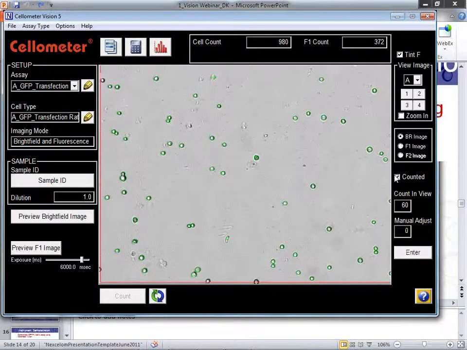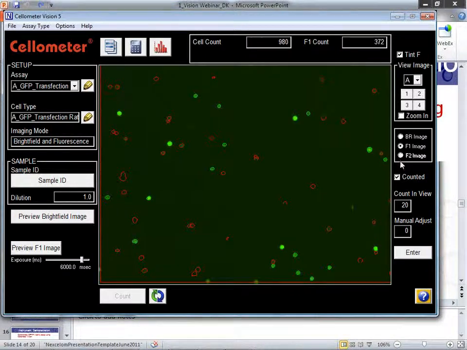We can go ahead and once again closely examine each population. We can choose counted, and we can look at each cell that is counted as outlined in green. And we can look at the red. We can look at the green channel. As you see here, this is slightly different from the AOPI. Since this is a GFP transfection assay, only one color is being used, the GFP, the green channel. And so in here, the green circles represent counted cells, or GFP positive cells,